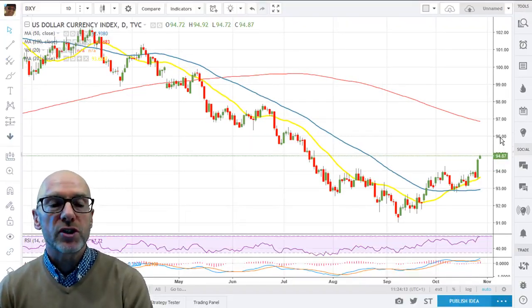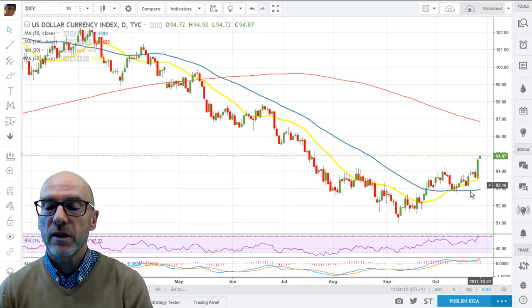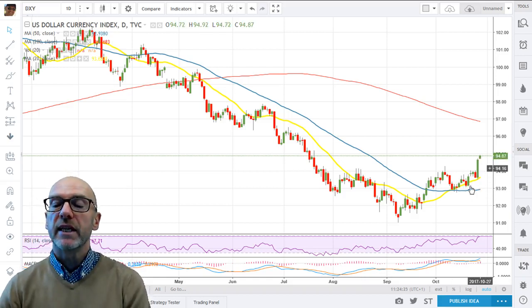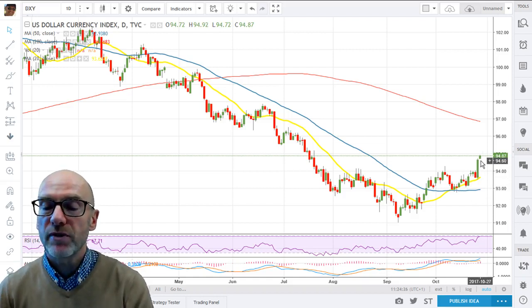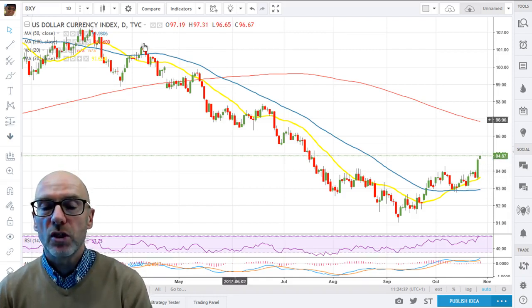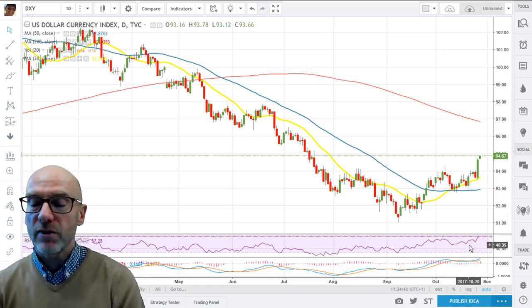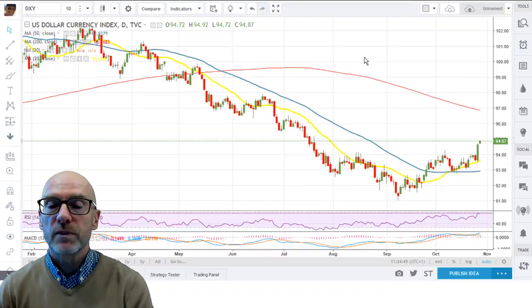Going on to currencies, and here you can see that we've had a good strength in the dollar over the week. This is a daily chart, so we found support from the 20-day moving average, which was very good. Longer term, we broke the downtrend and we're now in the uptrend, perhaps towards the upper boundary of that uptrend, so maybe some consolidation expected, and we are overextended from the 20-day, but the RSI is indicative of positive momentum.